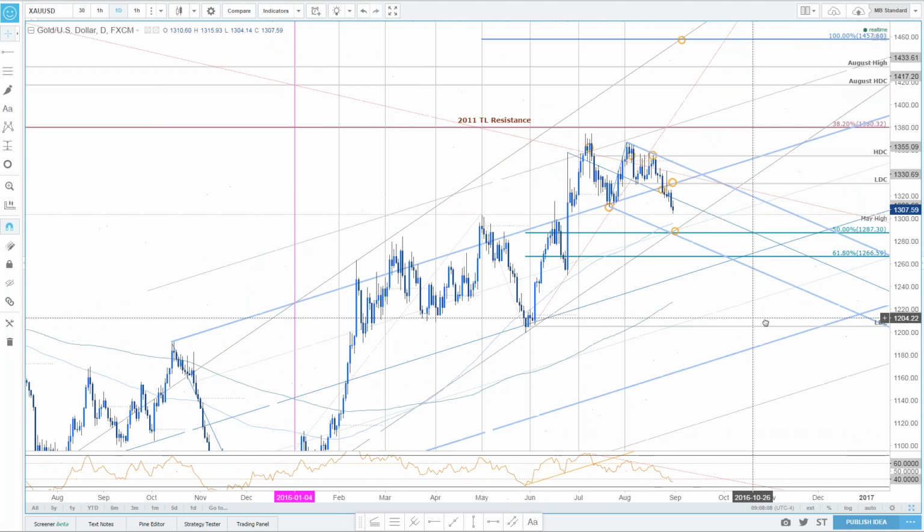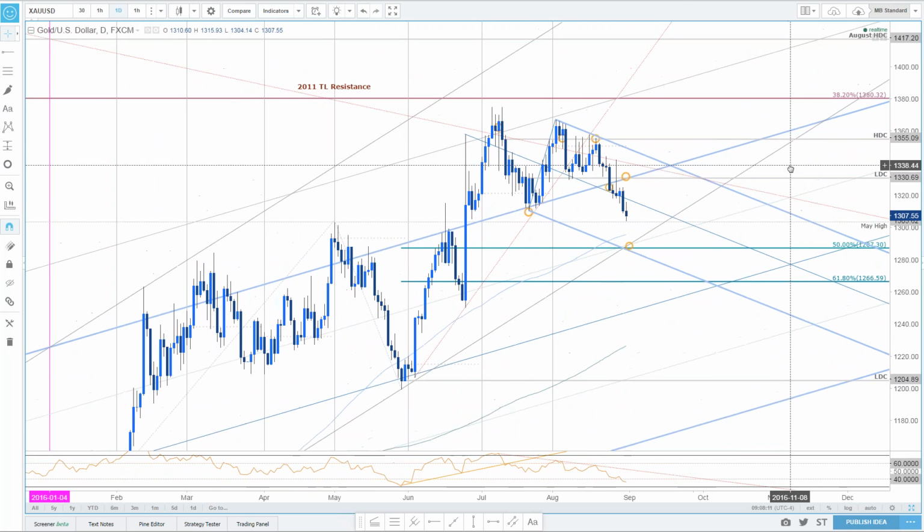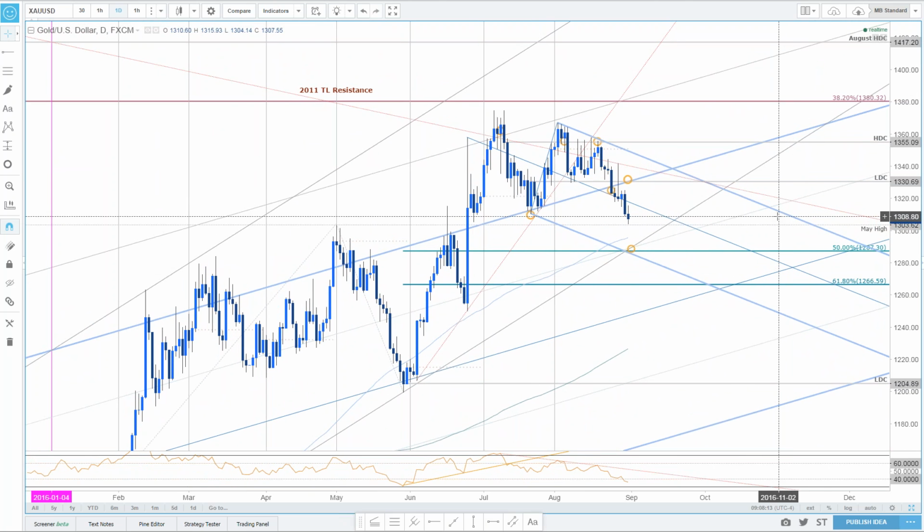So, as odd as people are scratching their head in gold, I actually think this is one of the cleanest commodity trades that we've had over the last couple of weeks. Both gold and crude for that matter, right? They're just continuing to follow near-term structure extremely well, reacting a little messy to that longer-term 2011 trend line. I don't like that we broke above that so many times, but again, markets don't work in a vacuum, and price action is the biggest tell. So objectively,